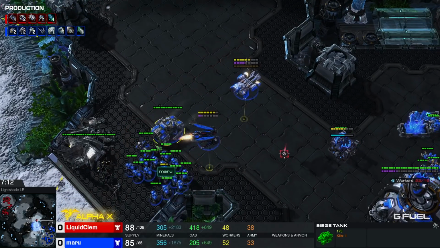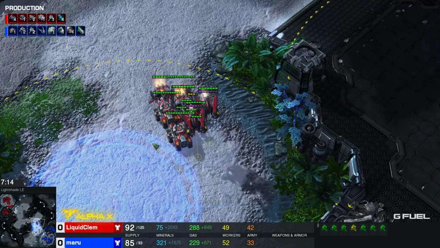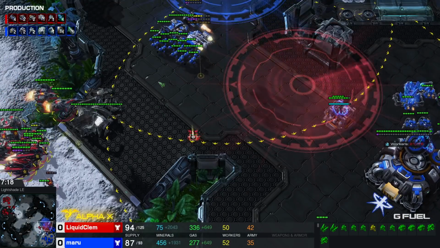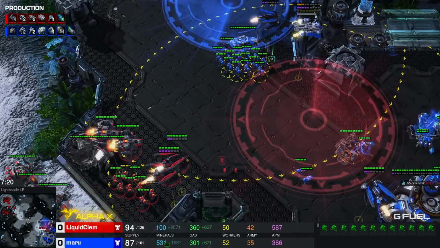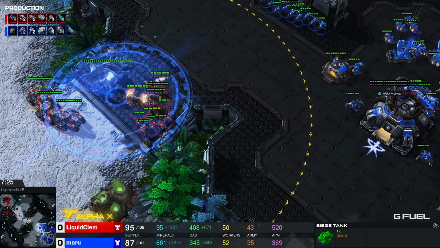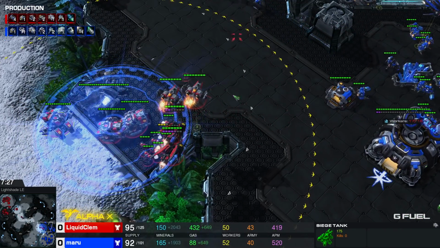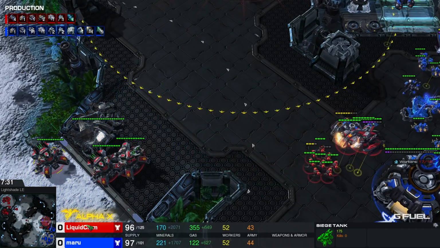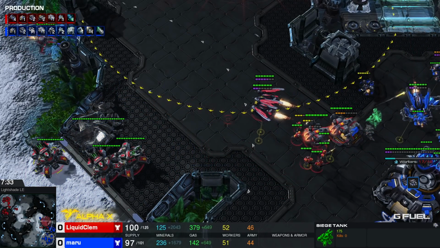Clem trying to go for a flank here, but actually loses all the Marines. I don't know if this was a mistake or maybe kind of a mishap there. Bit unfortunate, but he still has a lot of units here to play with. He has 3 tanks sieged up in a really nice location, but he does need to go in range. If he cuts off the forces of Maru from this base, this will be a difficult position for the blue